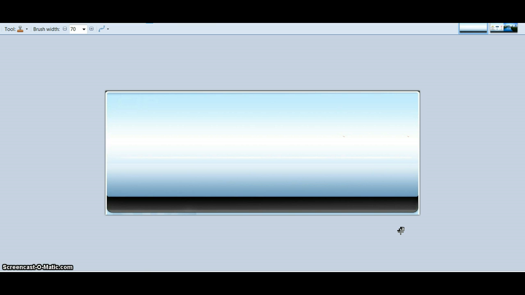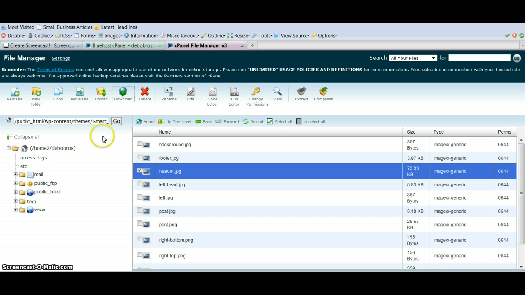Once you go ahead and place your images on there, you then want to save it. When you're finally done and you're happy with the end result, you want to save that end result file with the name header.jpg. And then, once it's saved, you want to go back into your cPanel, or at this point you can use FileZilla, but if you're more comfortable in cPanel, you want to go back into cPanel, go into Upload, and look for the new header image that you created, and upload it back into this image folder